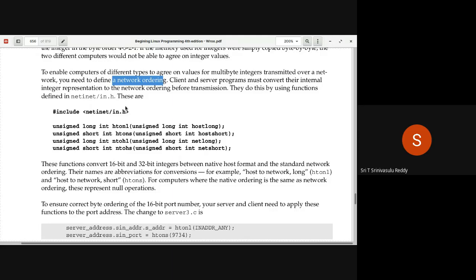This is not required for a Unix socket, because you will be running both client and server on the same machine. No issue. The problem comes only when you are running over a network, and a client is running on one type of machine while the server is running on a different type of machine. If you are quite sure that all your clients and servers will run on the same type of machines, all on Intel machines, then you don't have to bother.